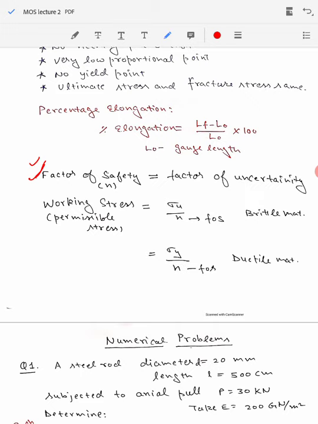Now there is an uncertainty involved in terms of load also, because in the tensile test machine we apply the load perfectly axially. This is one of the assumptions we have made, while in the actual component the load may not be applied perfectly axially. So looking at this uncertainty related to the load and the material, we need to reduce the value of that